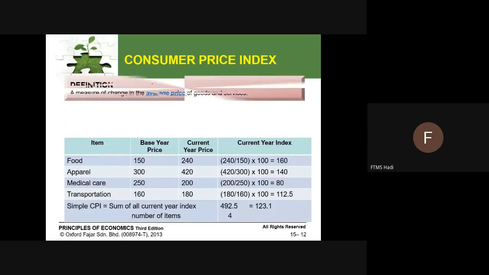Okay, let's have a look at CPI. What is CPI all about? CPI is a measure of change in the average price of goods and services. How many goods, how many services? Only God knows, because there are a lot of goods and services in the country. We're talking about average price, that means an average in index form. This is the index to measure whether the price is going up or going down. That's why the consumer price index leads to inflation.